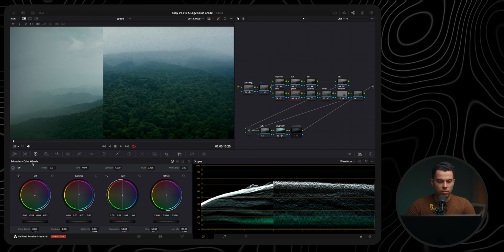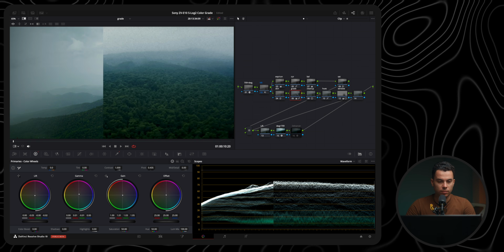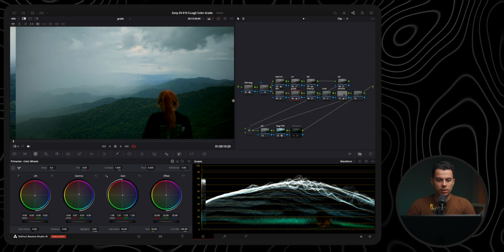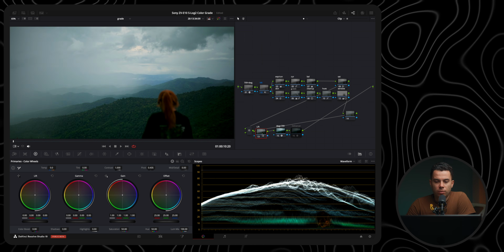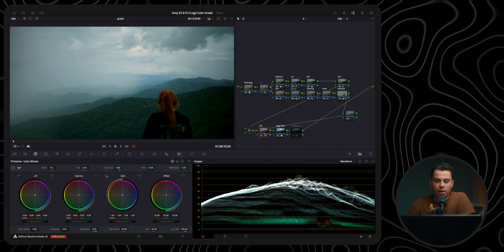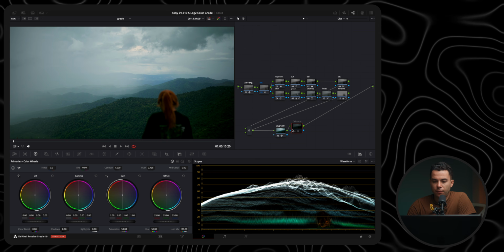Let's go back to the grade node. Readjust everything a bit more. And honestly, this is as close as I can get the colors here. Now, I don't think I'm going to fade the shadows and compress the highlights. I'm just going to delete this node, but I am going to add some bloom and film grain with the